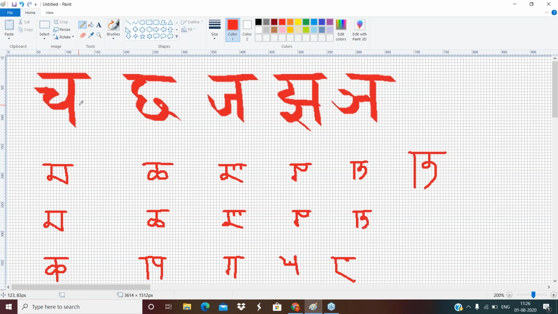So Tanmatras: Cha is Gandha, which is the smell. Cha is Rasa, because if you see there is a mapping. Here this was about Jala, here it is about Rasa, the taste. Ja is about the Rupa, the shape. Jha is about Sparsha. Sparsha is the touch. Nya is Shabda, about the sound.